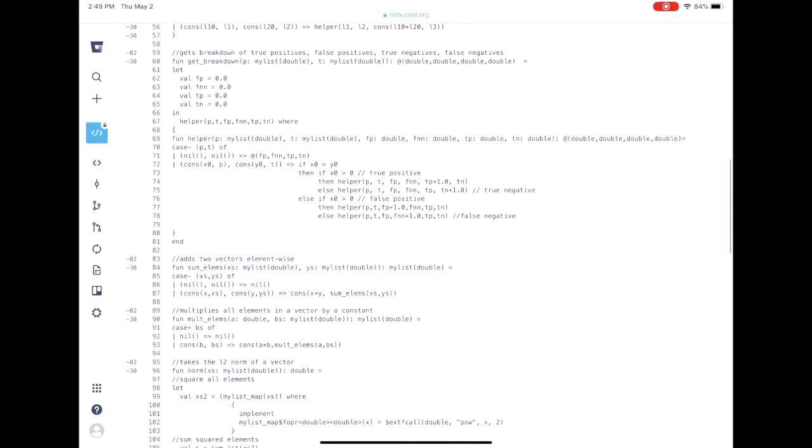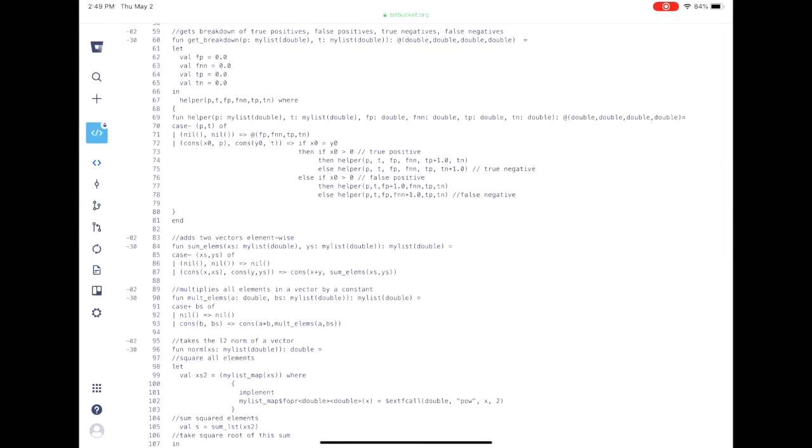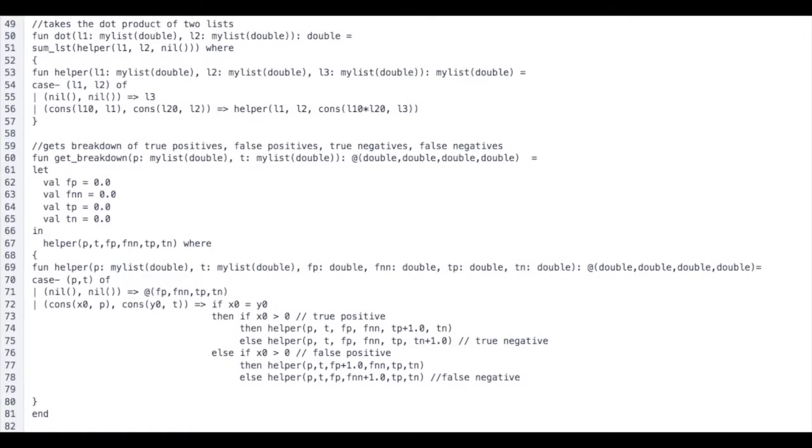Later, when testing occurs, we will need a way to evaluate how well our model did. Metrics commonly used to evaluate performance include accuracy, precision, recall, and F1 score, which are all defined by equations involving the number of true positives, true negatives, false positives, and false negative labels. The function getBreakdown calculates each of these 4 values based on the predicted and true label input, and then these